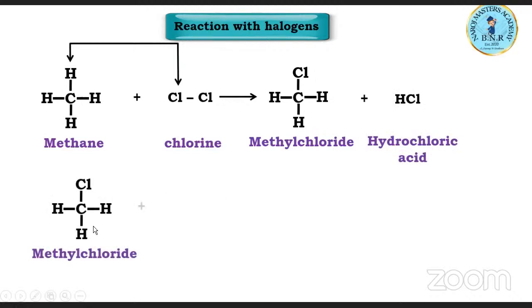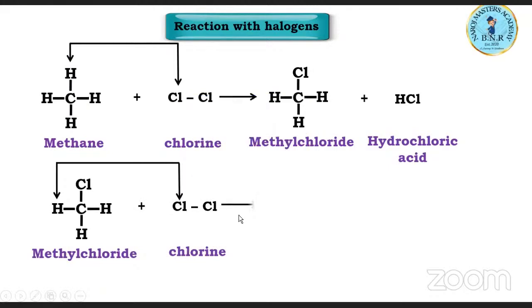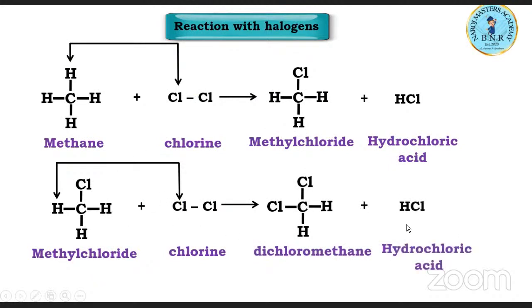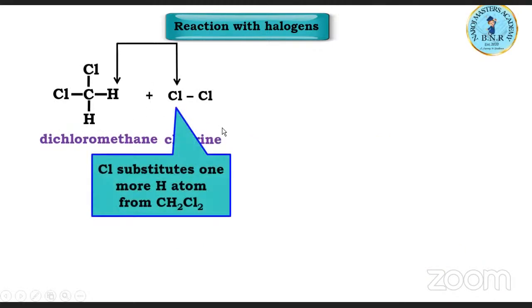So here methyl chloride, if it reacts with another chlorine, again gives dichloromethane. Is it right? 2 chlorines are reacting and again we get HCl, hydrochloric acid. This is very easy, but very important as well. Hydrogen atoms are being replaced with 2 halogen atoms. So if you do a further reaction, it changes to